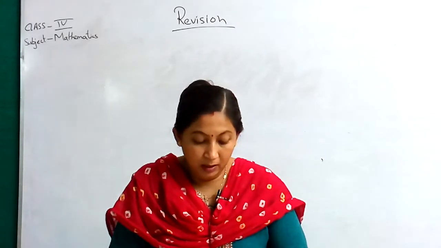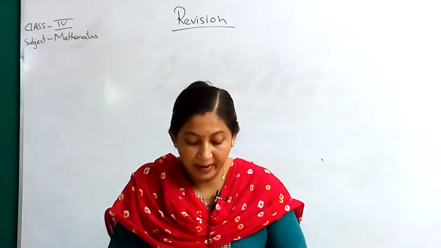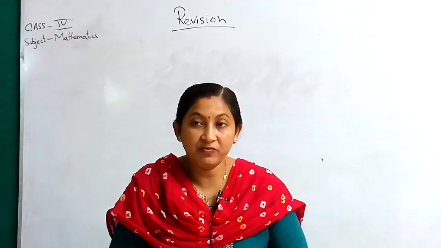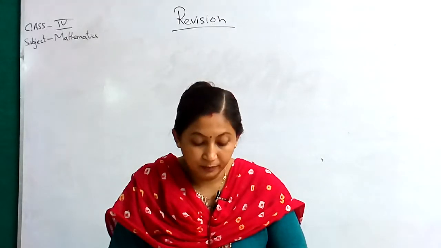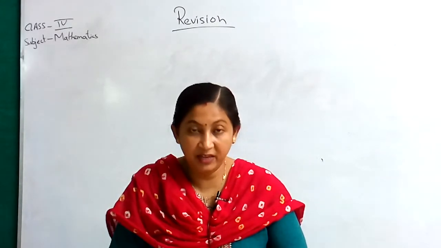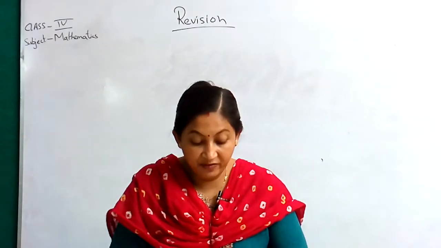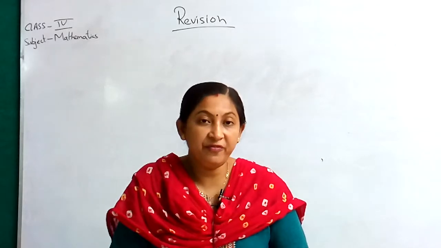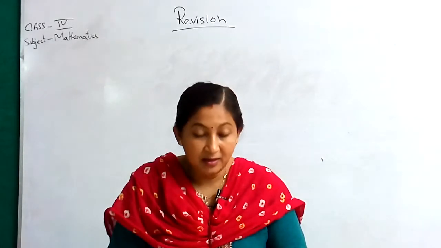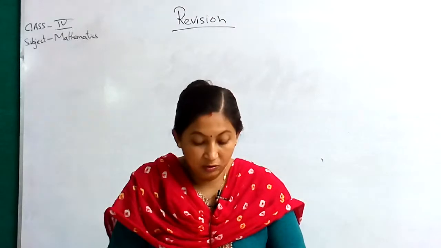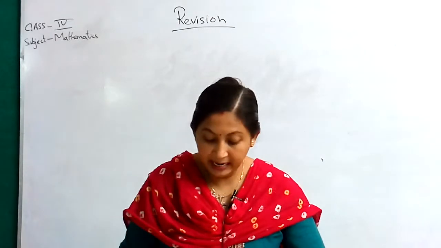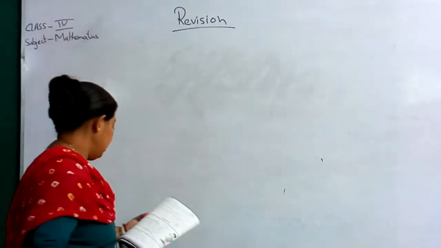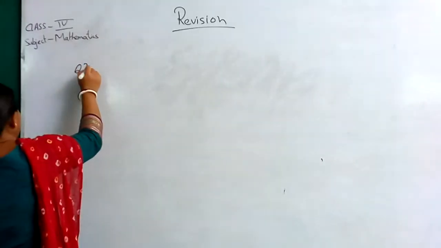Okay. Question number 2. Observe the pattern and fill in the blank. You have to observe the pattern and then just fill the blanks. First one, 98565, then 98575, then 98585. That means the difference or the changes is in the tens place. Okay, so the next number will be 98595, like this way.